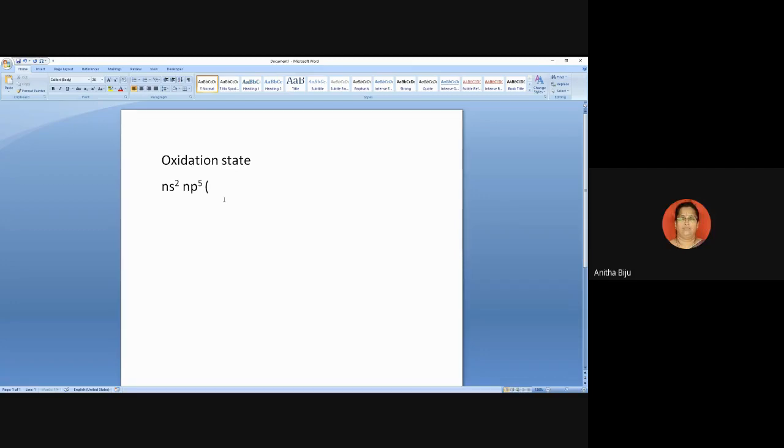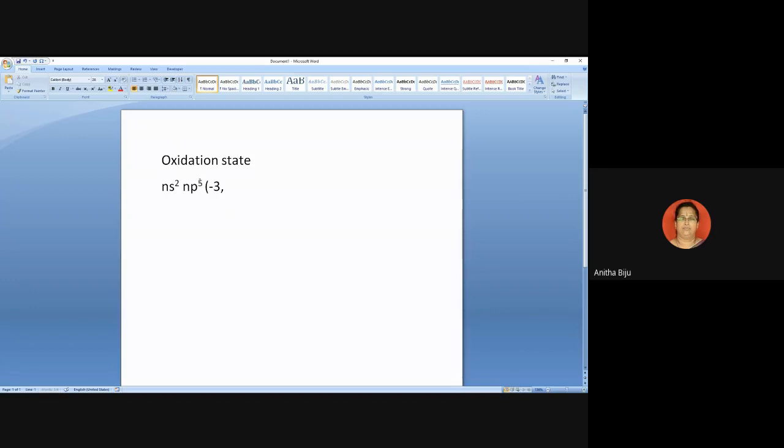Very good, Tisha. The number of electrons is more than the number of protons, so that's why it becomes negative. So the first oxidation state is -3. This is the way you can find out possible oxidation states. Then the next tendency is that it may lose all the 3 electrons.